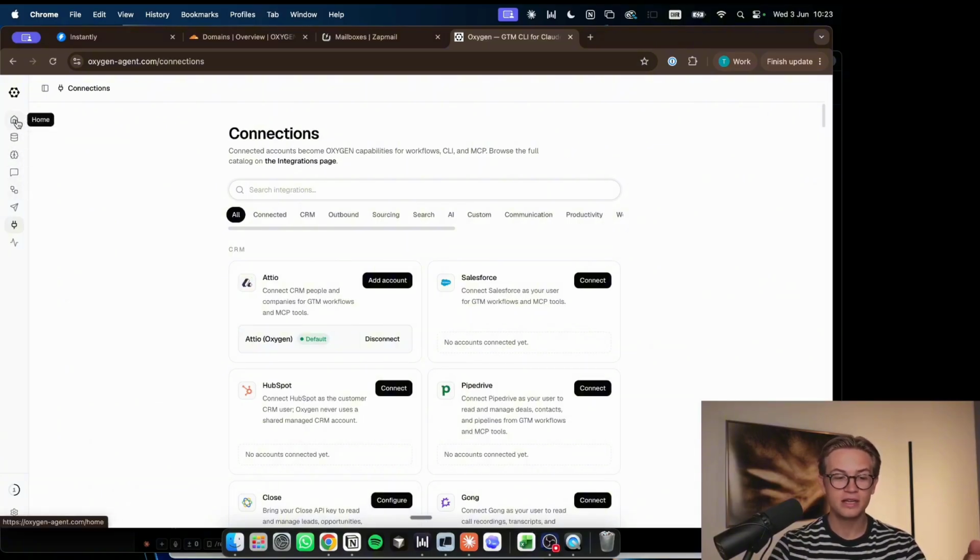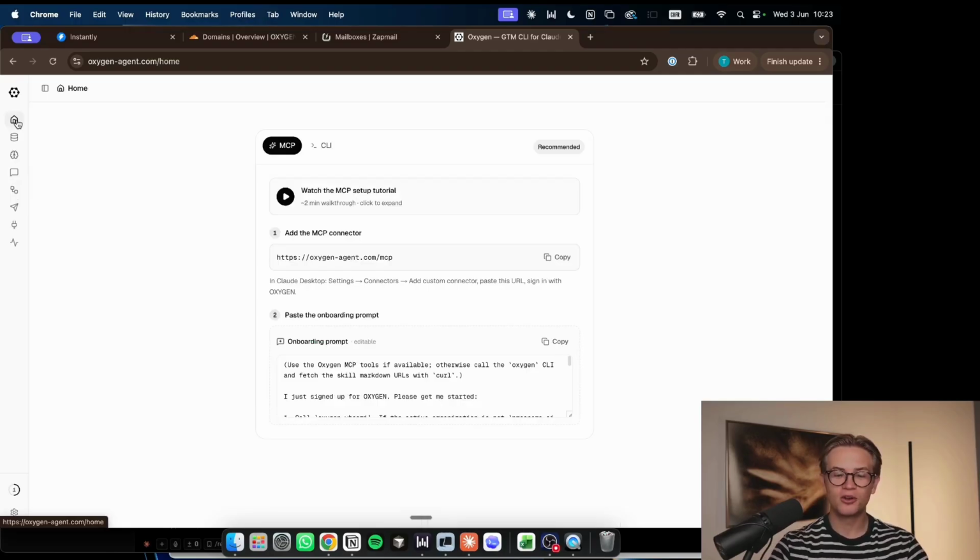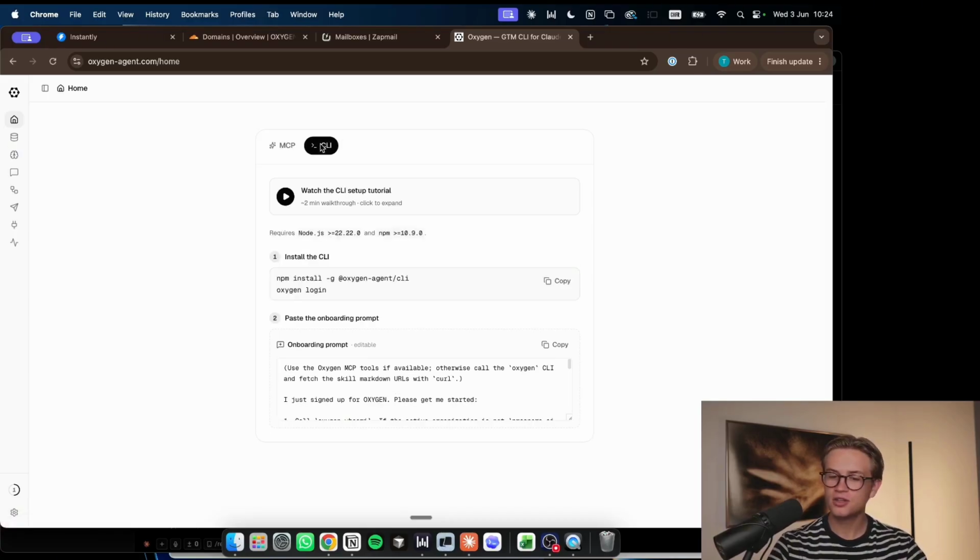the workflows. But first you need to install it, because Oxygen is a CLI and MCP server, which means it puts Claude Code on steroids. It guides Claude Code to be very productive with their GTM. And in order to get started, I prefer the CLI. So what I can do is npm install the CLI, and then I need to verify that I